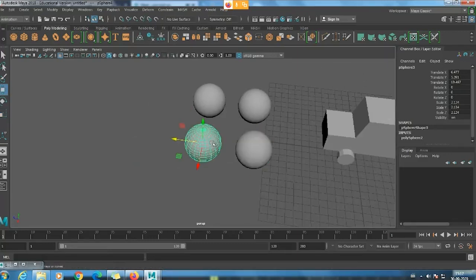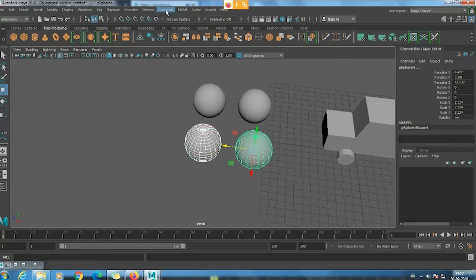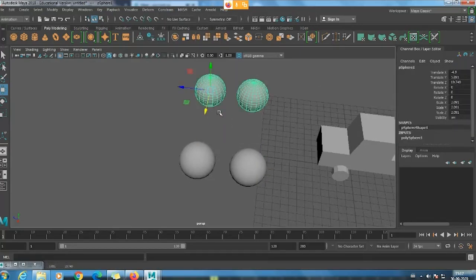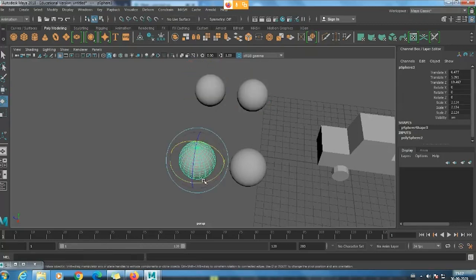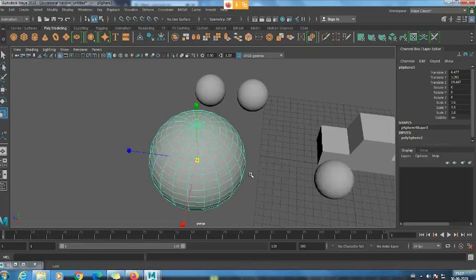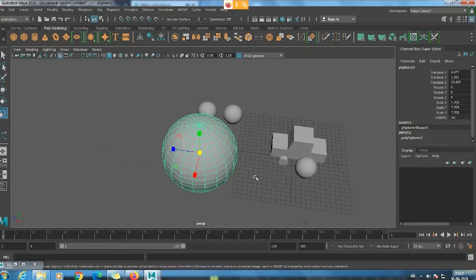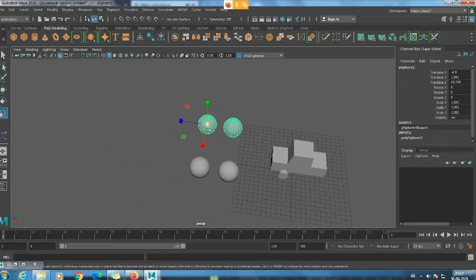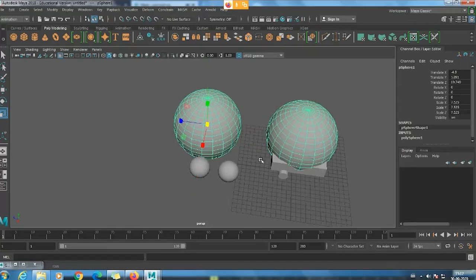So here first we have to select the parent and then the child, and then go to constraint and parent. So the difference is, you can see when I select the parent, the child is selected, but here it is not selected, but of course it will move. The same thing will happen here also. And when I rotate it, it is rotating. So here also it is rotating, but only scale will have a little difference. So you can see only the parent is scaling. So the child is not scaling. It is just moving. But here you can see when I scale it, even the child is scaling.